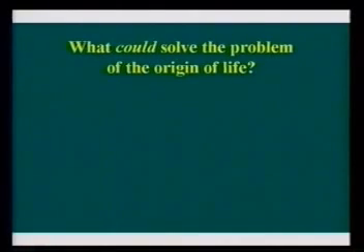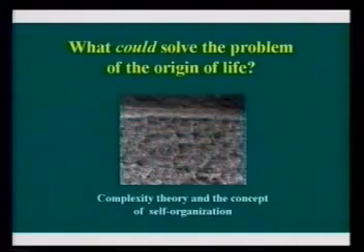But one of the clues is coming from these kind of pictures and this kind of theory. There's a theory in a branch of mathematics now that's called complexity theory, which deals with the emergence of complex systems. And one of the things that this complexity theory explains is the emergence of these complex systems. You can't see much because this is a satellite picture taken at very low resolution, but those things that you're looking at there are